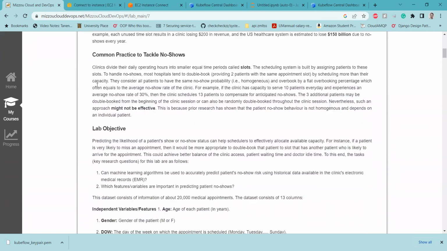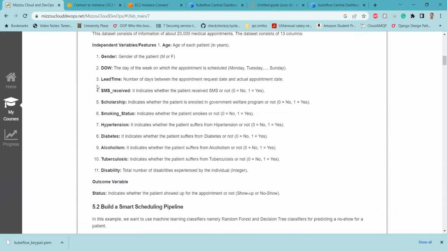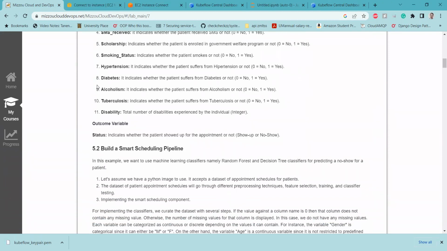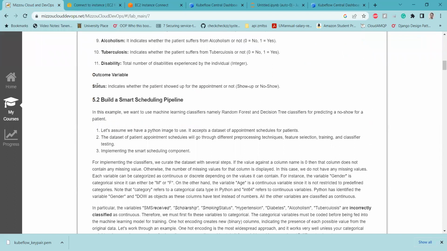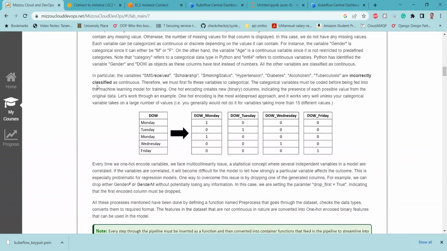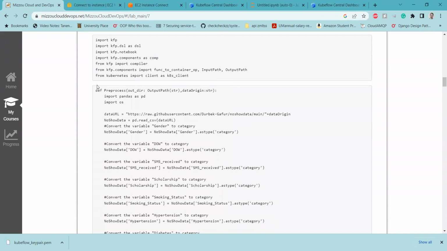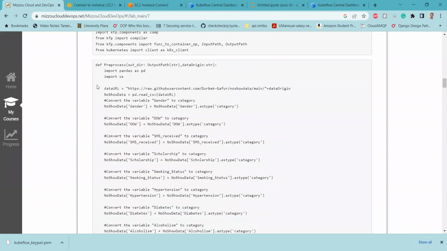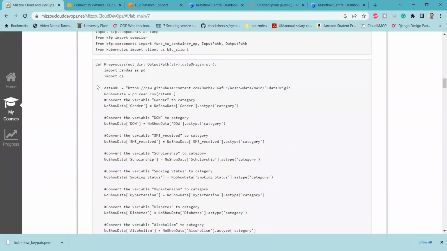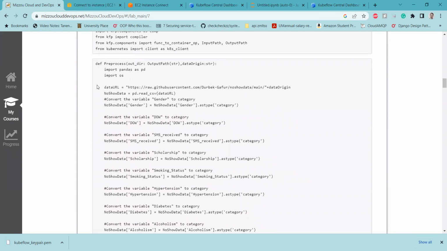You can read through, but what we're trying is to train two models given the same data, and then depending on which model performs better, we choose the best one and use it for our schedule generator,